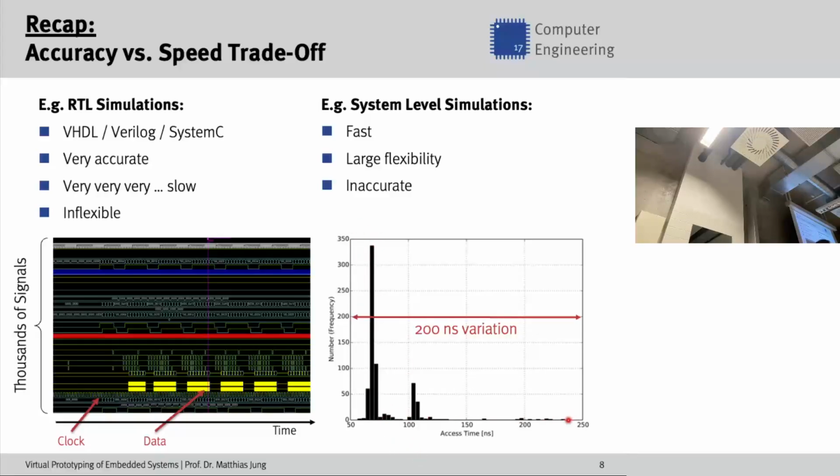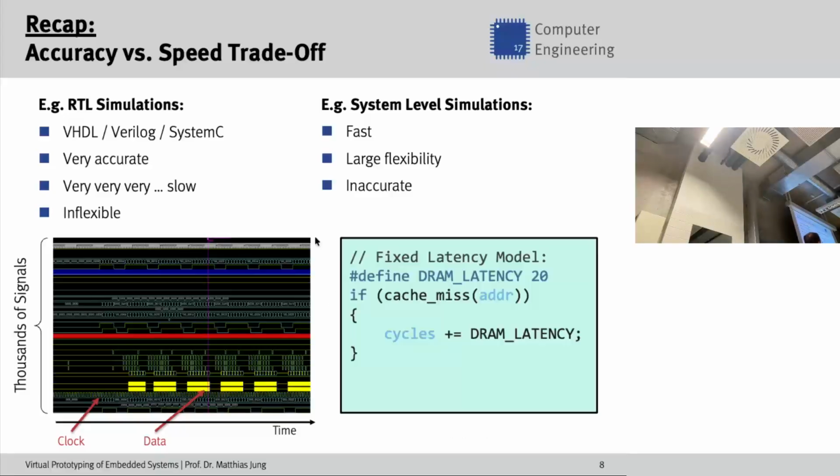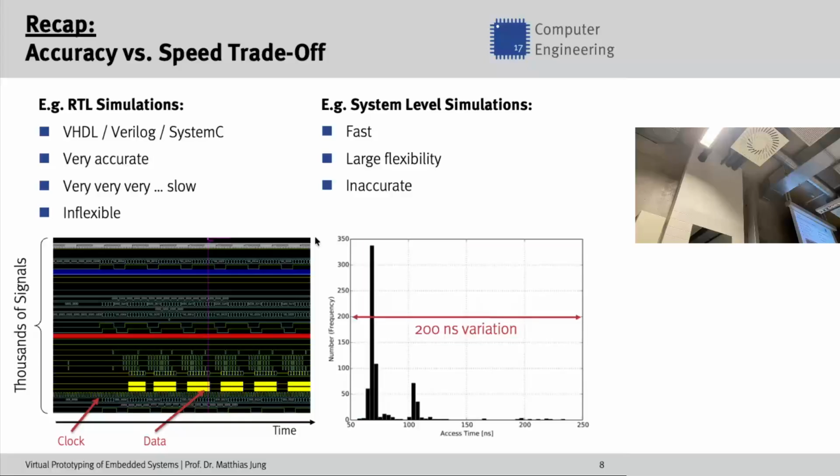But you miss a lot of outliers. And these outliers usually make the difference and make your application run slower than you would expect. And if you then use a fixed latency model that always says each DRAM access is 60 nanoseconds, because this is the average that we see or most of the time see, then you miss some important aspects